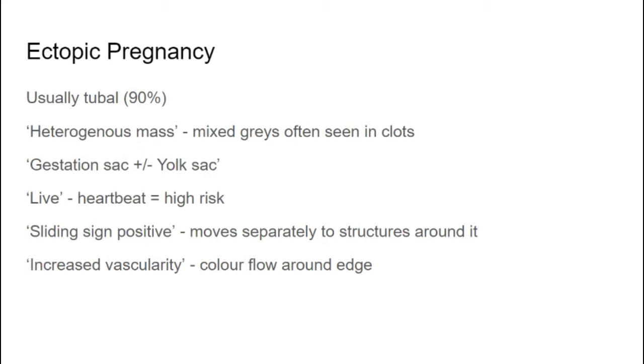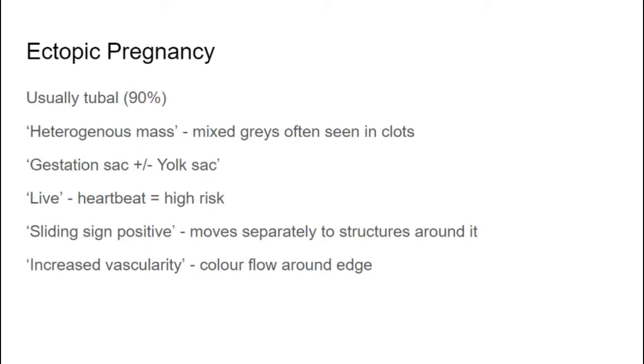those really high-risk cases. The sliding sign, again, might be described as positive, so that's where the structure that you're looking at is moving separately to the other structures around it. So it's important when you're trying to differentiate, is this part of the ovary? Am I looking at an ovarian cyst or a fibroid or something? Whereas actually, if it's completely sliding around under probe pressure, it's more likely to be a mobile tube with an ectopic pregnancy in. You might also see increased vascularity, so blood flow,